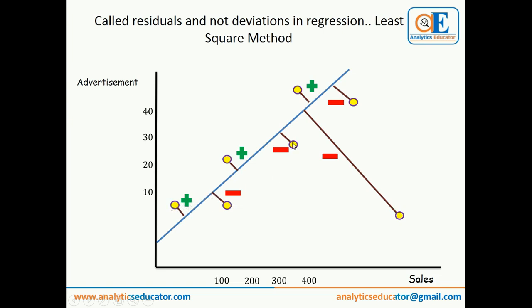As you said, if the distances are higher, then that is not correct. If the data points are closer to the line, that's better, right? So some of the data points are above this line, some of the data points are beneath this line. So if I try to add up all the distances, some distance will be negative, some distance will be positive. So we are going to square them up, otherwise with positive and negative they are going to nullify. We are going to square them up, and then we are going to add them up.